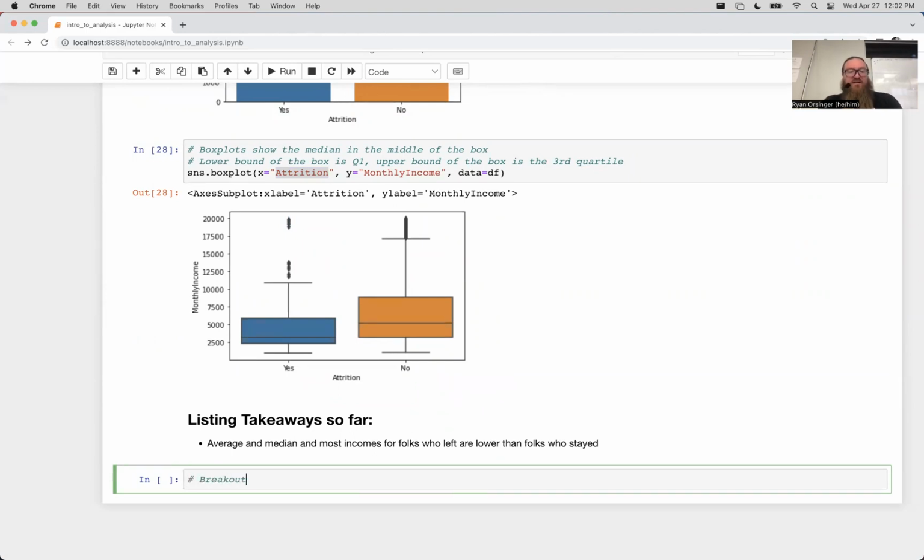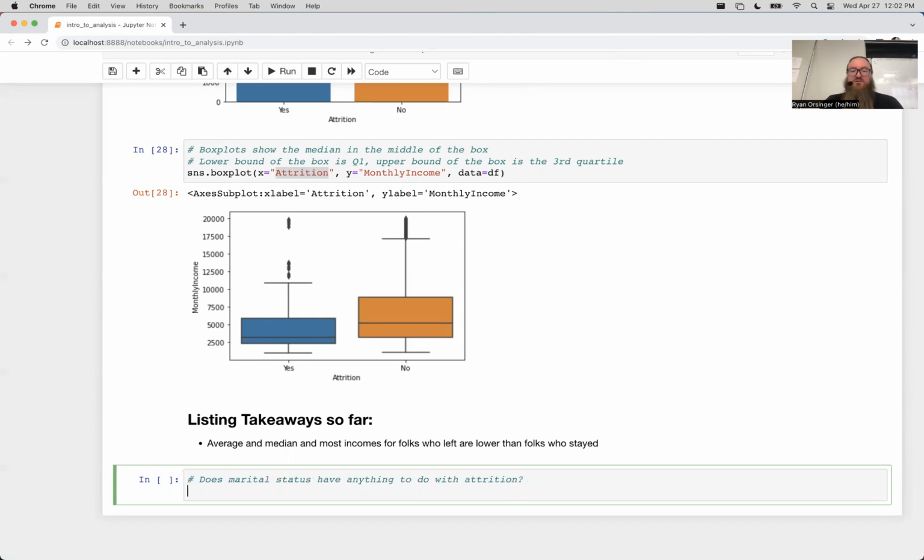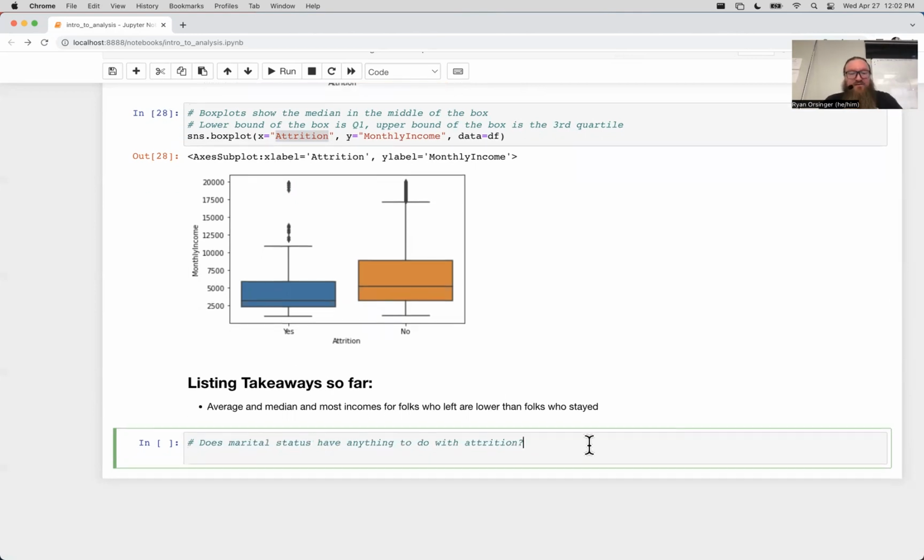So let's break out, does marital status have anything to do with attrition? Now, attrition is a yes, no, marital status is another category. So we can't exactly plot a bunch of X's and Y's with these two things, right? But if we could answer these questions visually or with descriptive stats, we could say